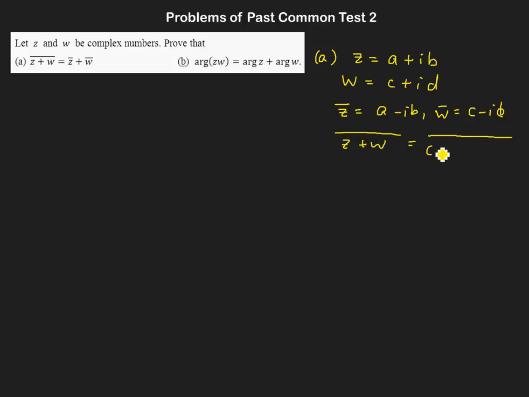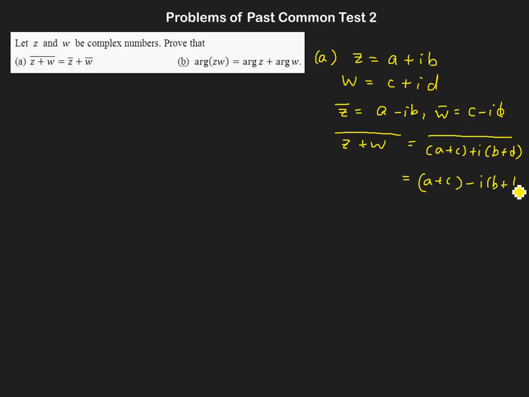So if you group this, you have a plus c plus i(b plus d), and the conjugate of this would be a plus c, still within brackets, but minus i